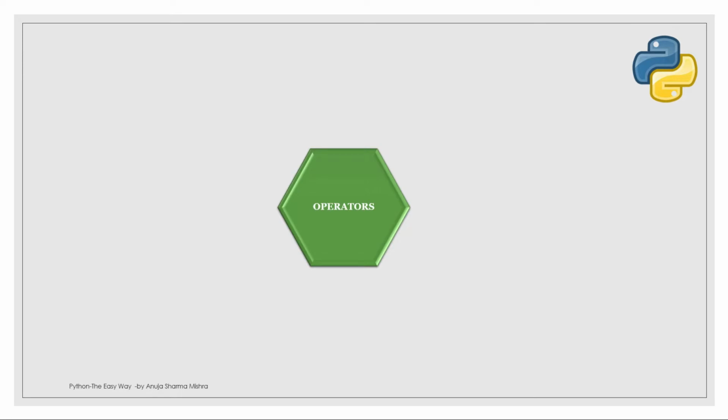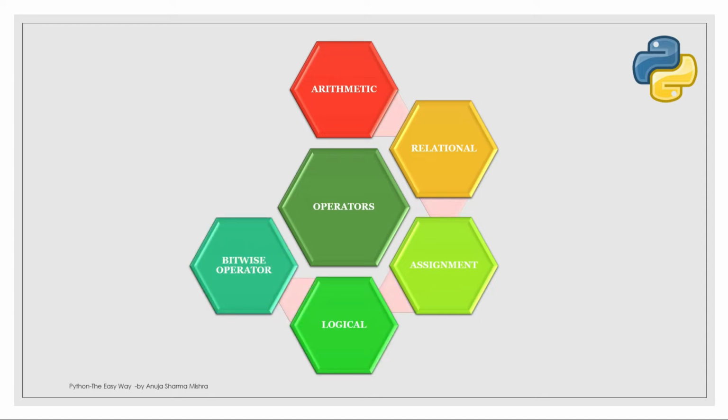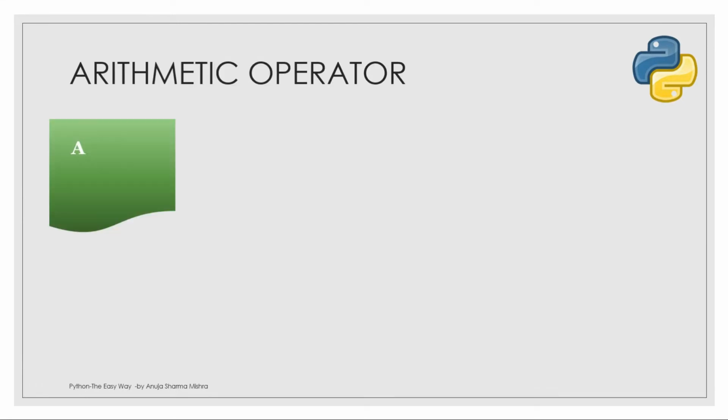The various operators available to us in Python language are arithmetic operators like plus and minus, and relational operators, where we compare if A is equal to B or not, if A is less than or equal to B, or if A is less than B, something like that. Then we have the assignment operator, where we assign a value like A is equal to 5; the equal sign is the assignment operator. Then we have logical operators, bitwise operators, membership and identity operators, and one more called shift operators, which we will be covering. The very first operator we will be talking about today is arithmetic operators.